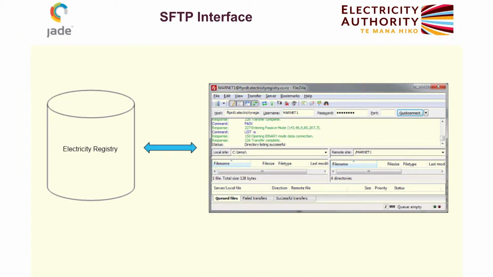The other way is to use the FTP interface, and you create a file of information in a CSV format, and you transfer that file to the registry. It gets processed, and if the registry needs to send information to you, it uses this mechanism as well. So the FTP interface,